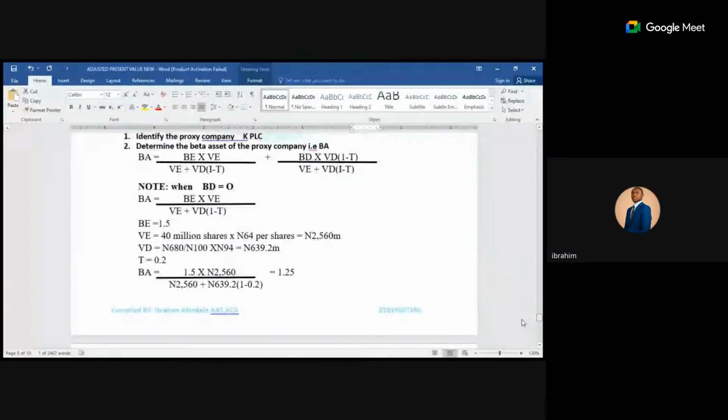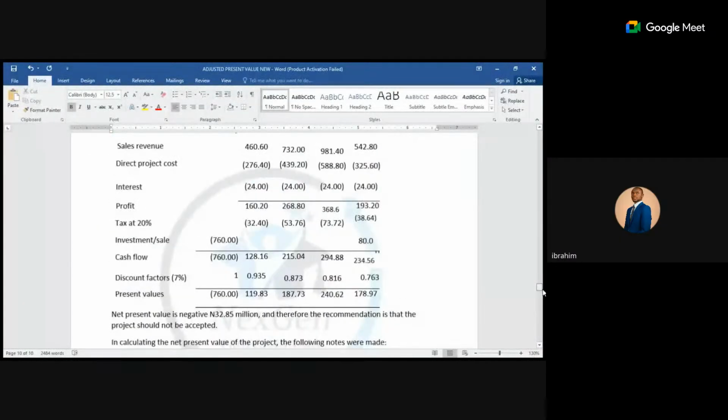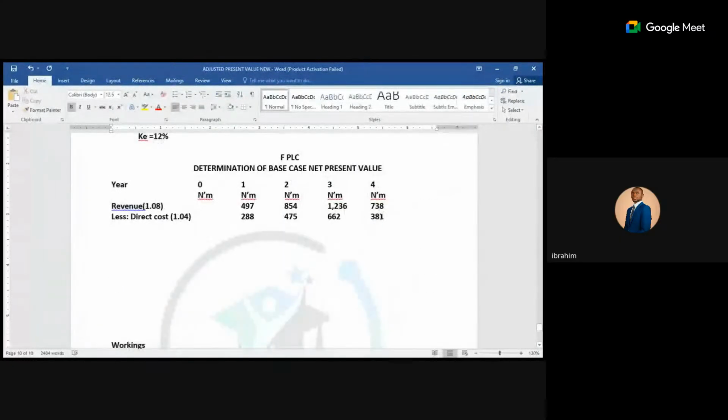Right? So the third one is what? 662. What do we have here? 381. So we don't have any information again. What we have here is interest. Interest is not allowed. Right? So therefore,